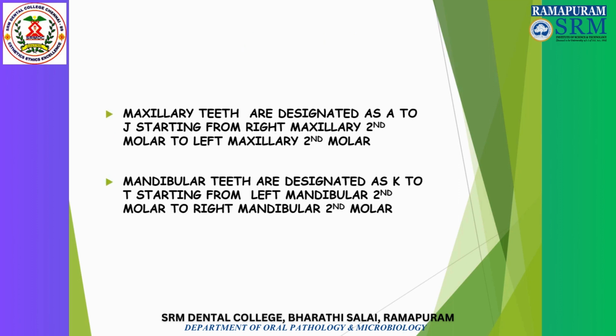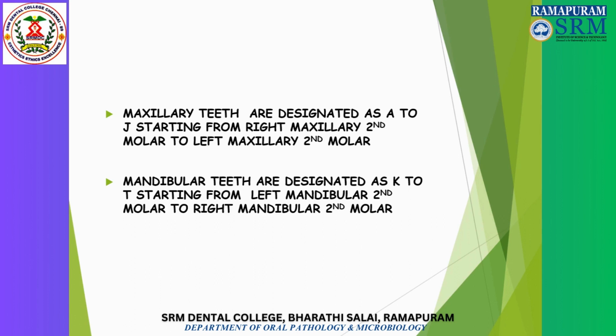So for example, the maxillary teeth are designated as A to J, starting from right maxillary second molar to left maxillary second molar. Here also you can see the difference. In Zsigmondy-Palmer, though we use the alphabets, A started from central incisor and proceeded towards the second molar. But here the first tooth is going to be the right maxillary tooth. You got it? So the right maxillary tooth is designated as A and it continuously proceeds,